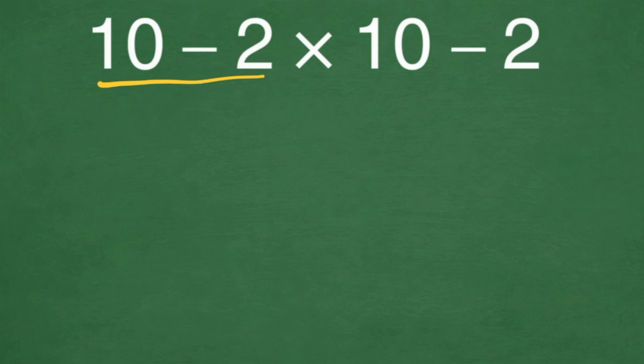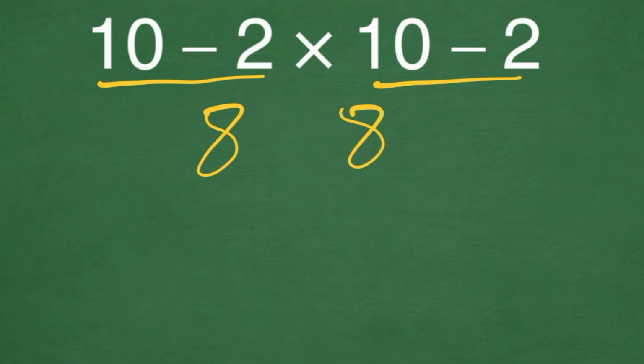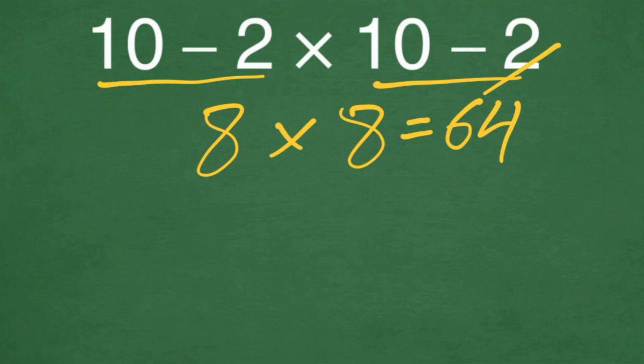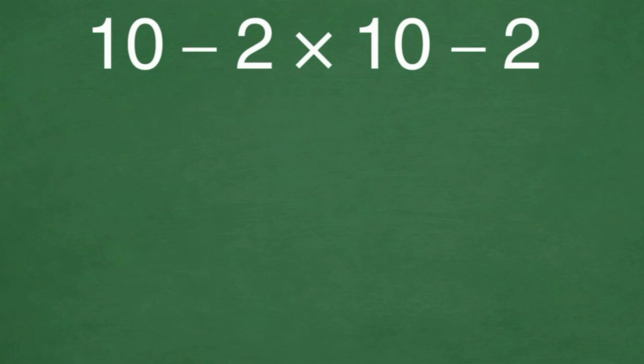10 minus 2 gives us 8, and again 10 minus 2 gives us 8, and 8 times 8 is equal to 64. But this answer is wrong, because according to the order of operation PEMDAS, which I am going to write here, PEMDAS,